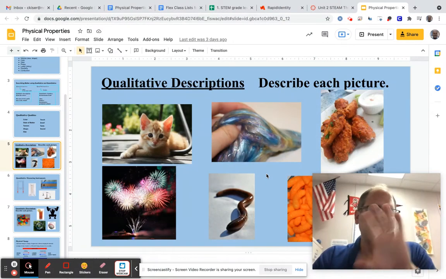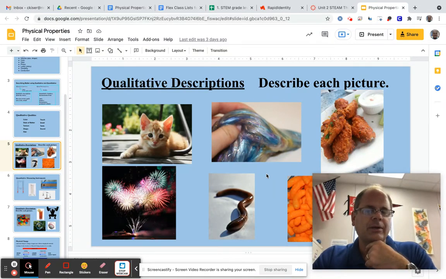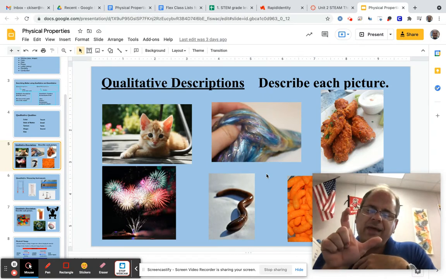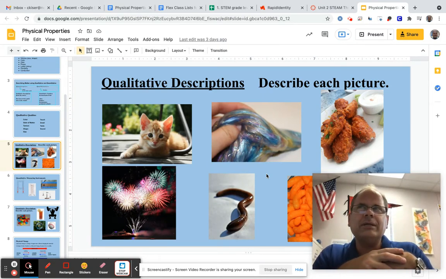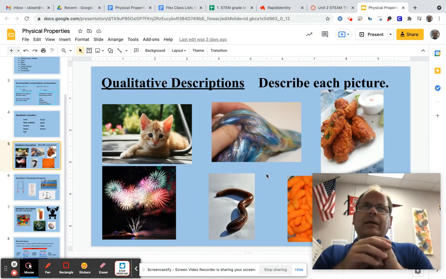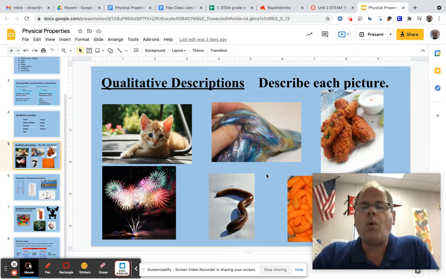Can you describe them? If I don't look at the picture, could you describe it so well that I know what you're talking about? If I said it was about that long and kind of brown and kind of wet, maybe a little bit slimy, and it wiggles and it's kind of round, like a pencil, and it lives in the dirt and it smells like earth, could you think that I'm talking about an earthworm? So those are qualitative descriptions. Qualitative means I use qualities or characteristics or words to describe.